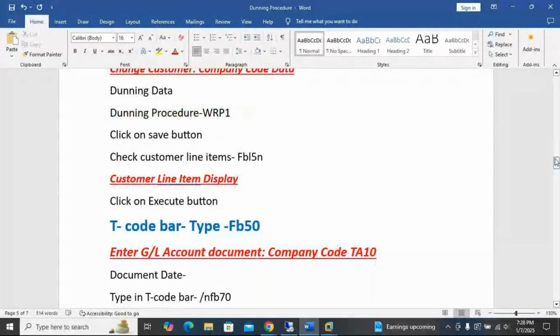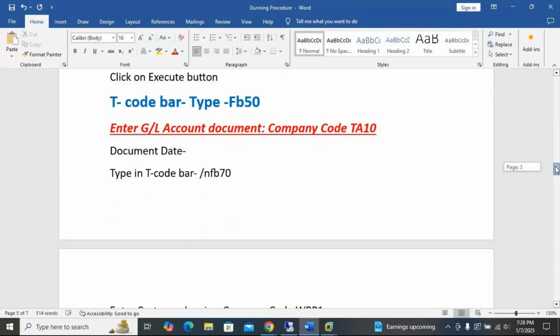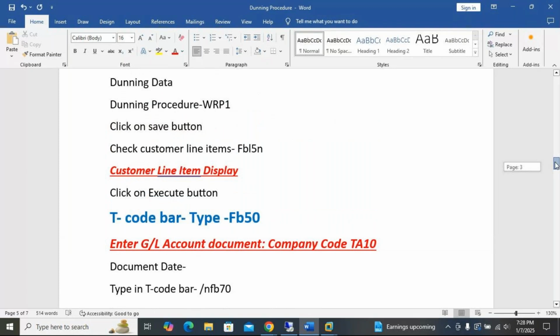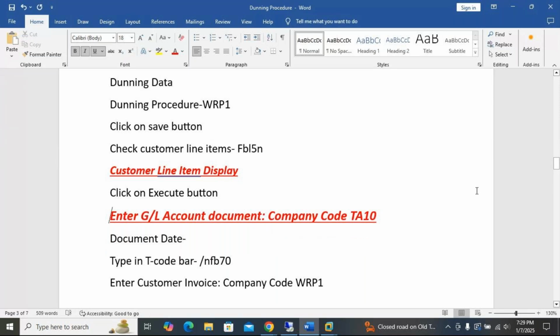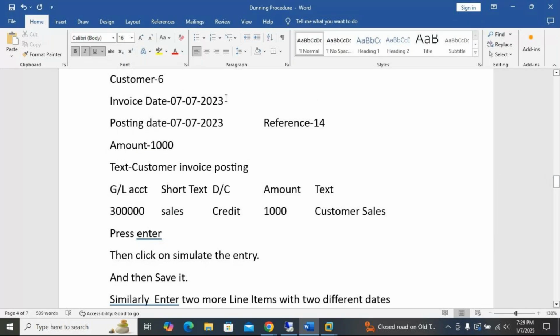So FB50 is not required actually. Display customer line item display, and this is FB60. FB54, this is not required actually. This is not required. So these have different dates given.